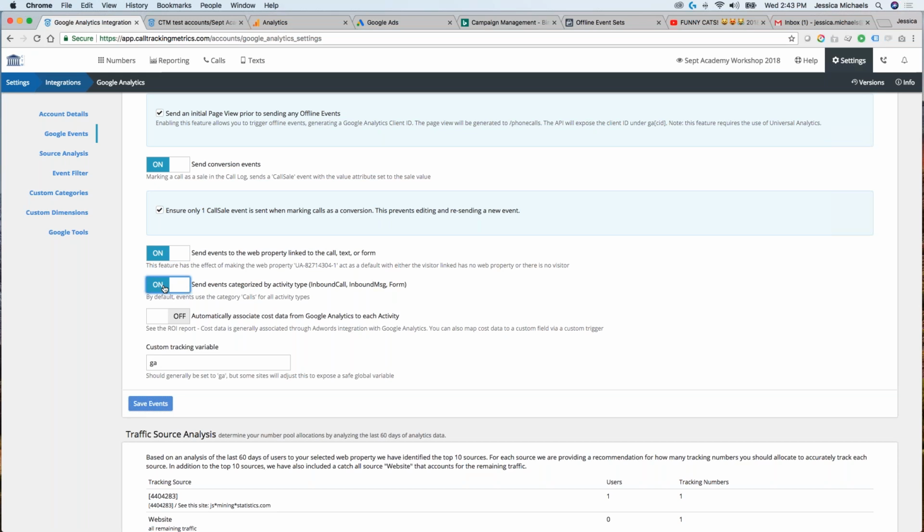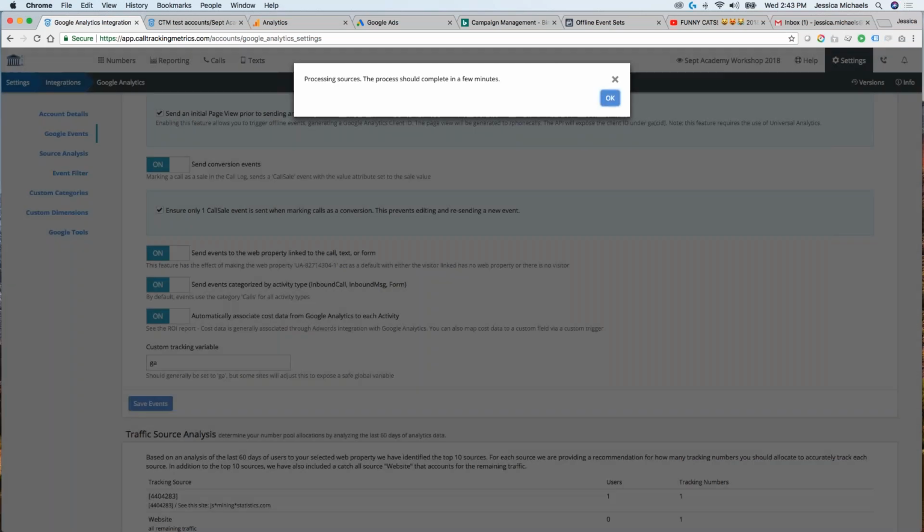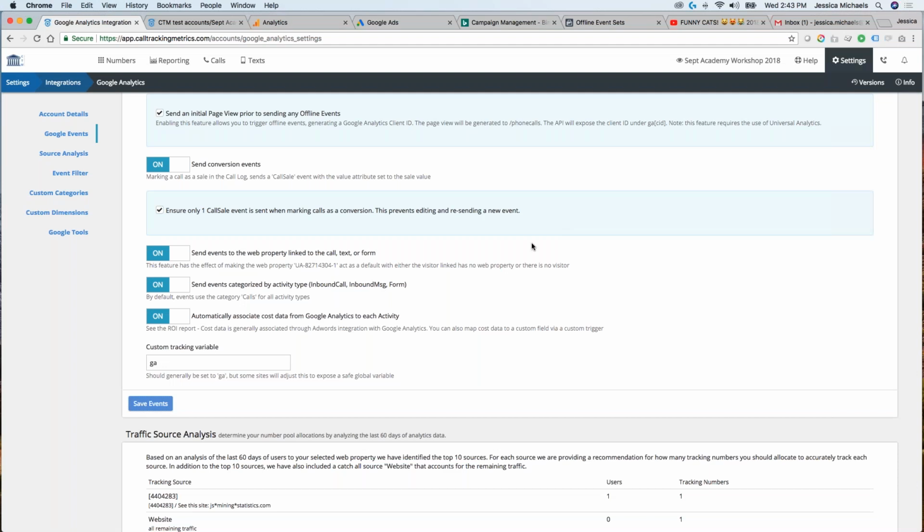Now you do have the option to automatically associate cost data from Google Analytics for each activity. This is only available on the marketing or contact center plan because it uses advanced features like custom fields. But what this will be able to do is, say for Google AdWords, we'll be able to see the cost per click associated with that call.